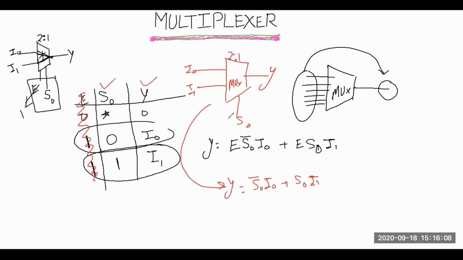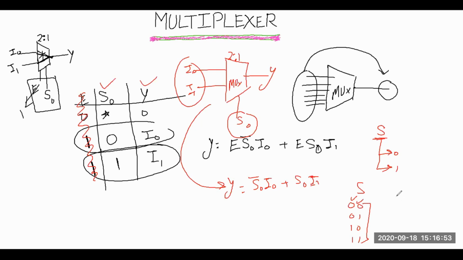The second thing is you are taking only one select line for two inputs. If I am taking a one-bit select pin, there are two possible combinations, either 0 or 1. If I am taking a 2-bit select pin, I can take 00, 01, 10 or 11, so there are four possible combinations. This 2-bit select pin will be useful when I have four inputs in place of these two inputs, and that multiplexer will become a 4:1 multiplexer.